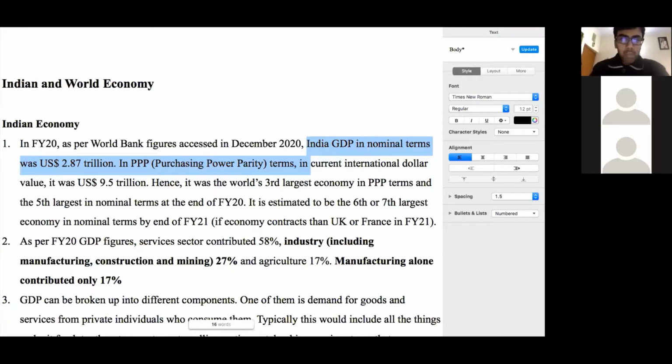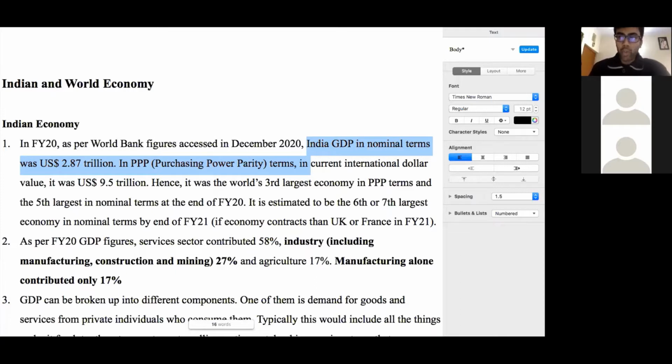Now, this basically means that for financial year 2020, now again, there can always be some disparity here, that sometimes what the World Bank does is that they publish figures for calendar years. And this is something that is not clear, because the World Bank itself takes data from nowhere else but the Indian government only, because the World Bank does not have any other data or figures of their own that they directly collect from the Indian economy.